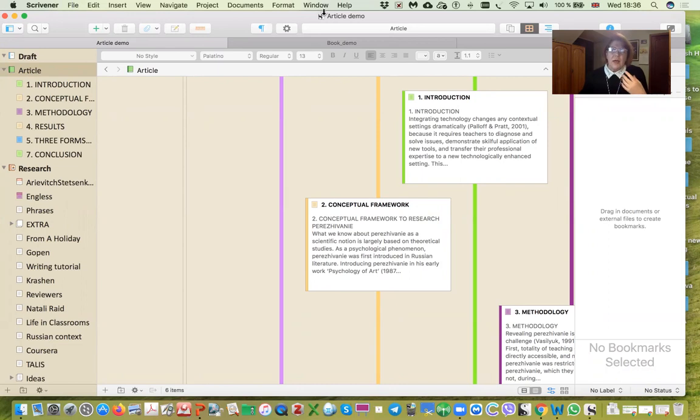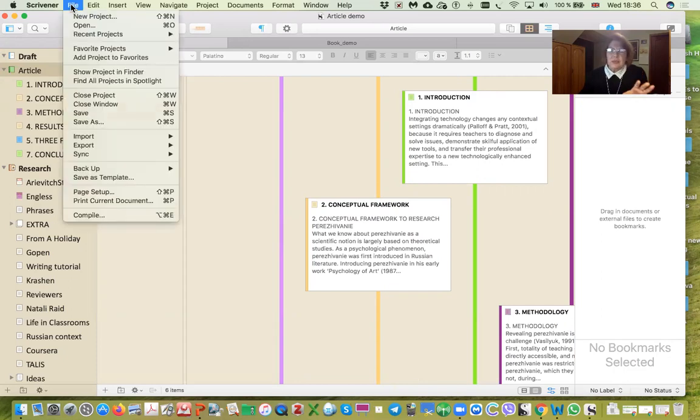And now, could you please write in the chat area whether you have your Scrivener open, or you have a problem opening it? Because opening Scrivener is no problem at all, but it's just for me to know that we are doing it all together. And while you are writing something in the chat area, I'll show you how to create a new